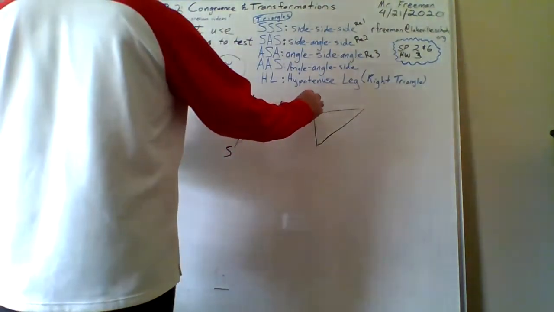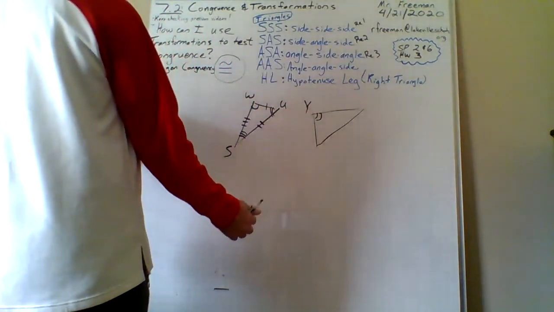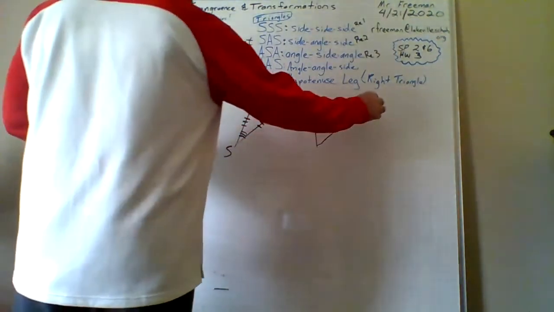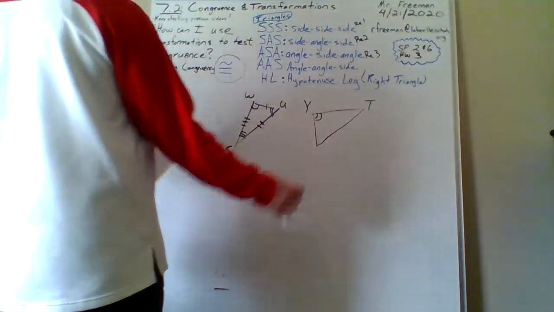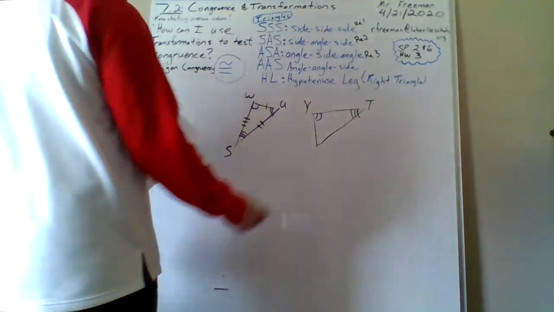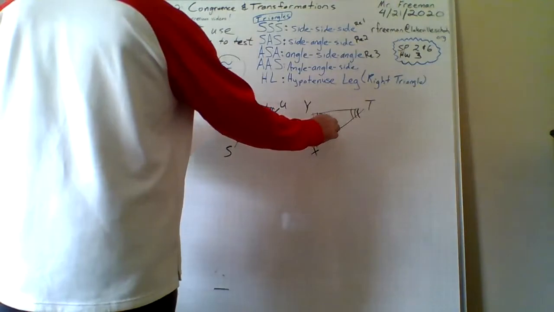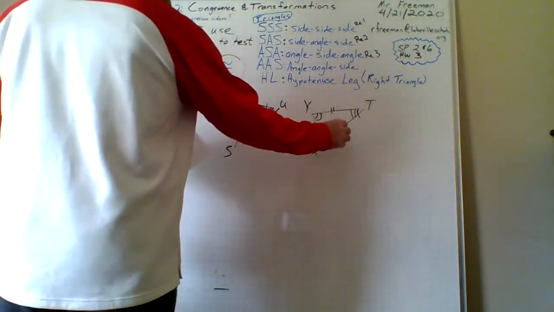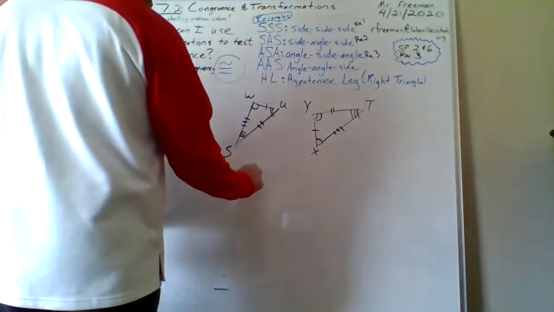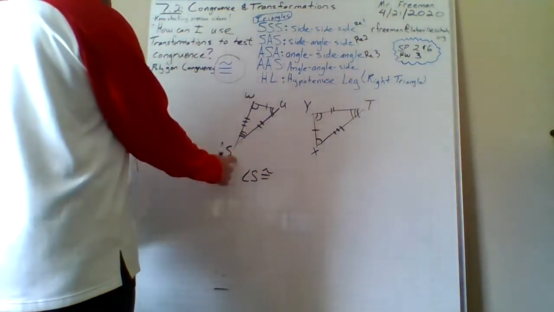So I have Y here at the same angle where there's 2 arcs. So you should know that 2 arcs here is U. That's where we're going to be the same as. We've got T over here, and angle T has 3 arcs. So that's going to be the same as S. And angle X has 1 arc, and then you'll see there's 1 notch here, 2 notches there, and 3 notches here. Just knowing that, I can say that angle S is congruent to angle